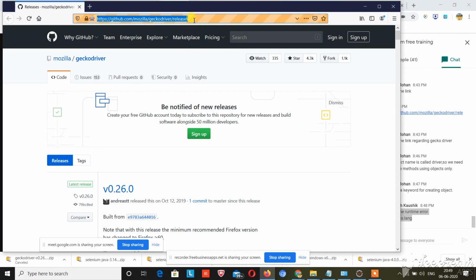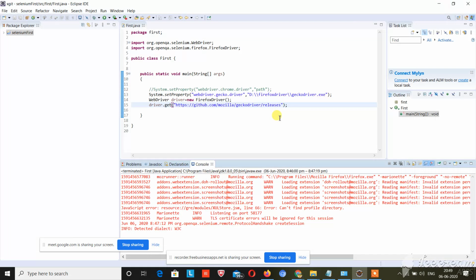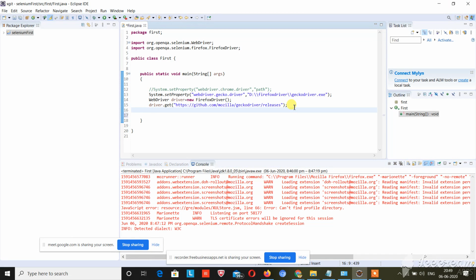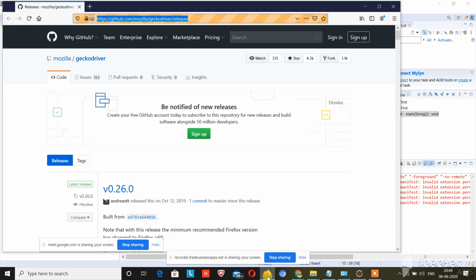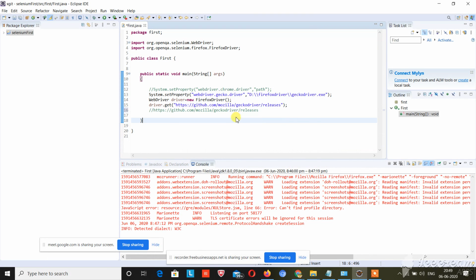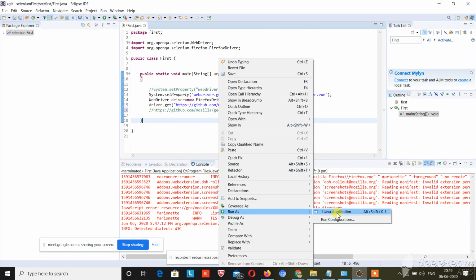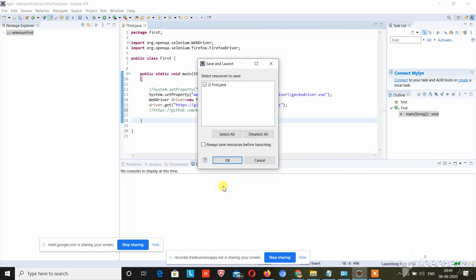The URL that I have passed has opened on GitHub. So you can cross verify this. This was the path that I have passed, and this is opened on Firefox driver. Let me run again for you. Right click, run as Java application.